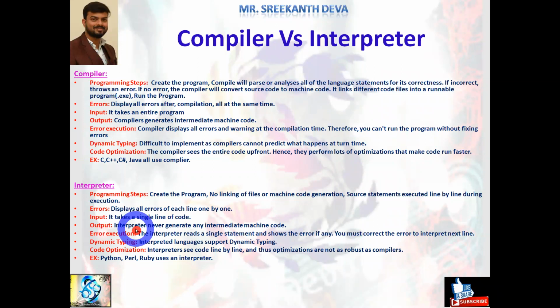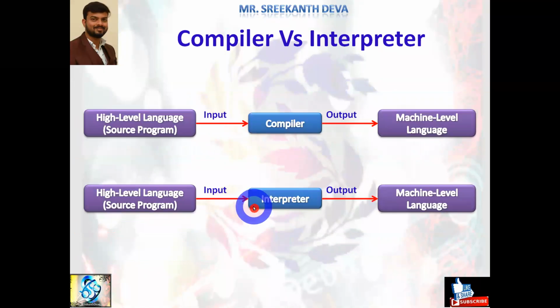When we are learning a particular programming language, I will explain elaborately its execution flow, including the compile time environment and runtime environment, with the functionality of the compiler and interpreter. So here you need to remember: we are clear about what a compiler and an interpreter are. A compiler is a language translator, and an interpreter is also a language translator. A compiler converts the high level language into machine level language, and I gave some examples in the previous video session.